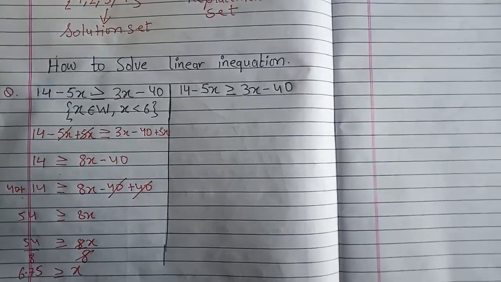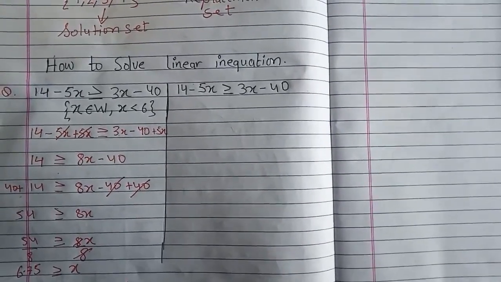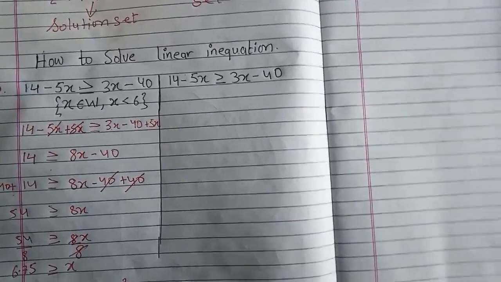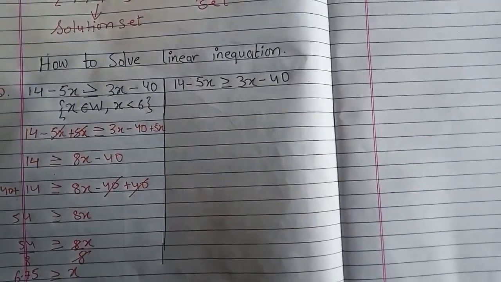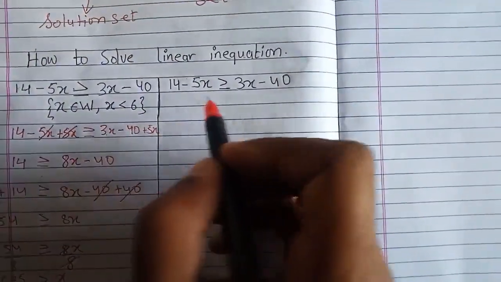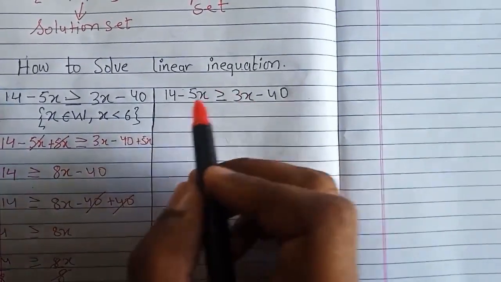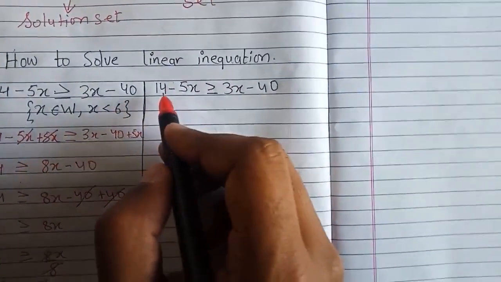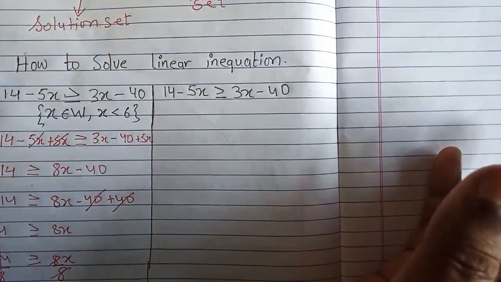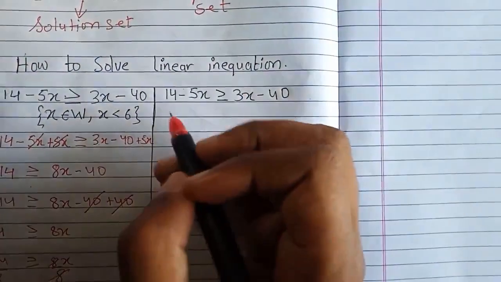The other method is called the shifting method. You have been doing that shifting method in equations as well. In this I'll just have to shift the numbers from one side to the other side, and I'll make sure that on one side variables are left and on the other side all the numbers are there.